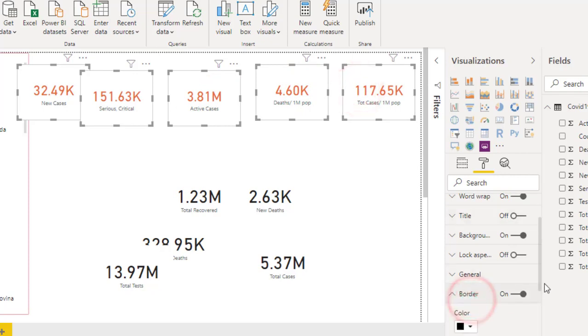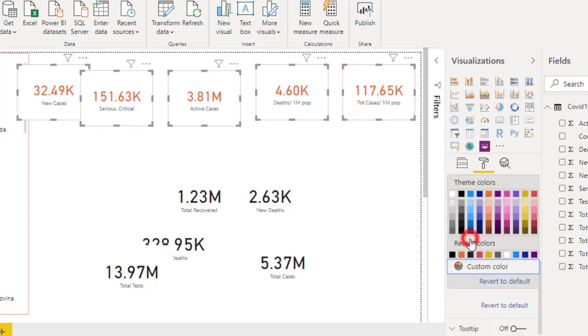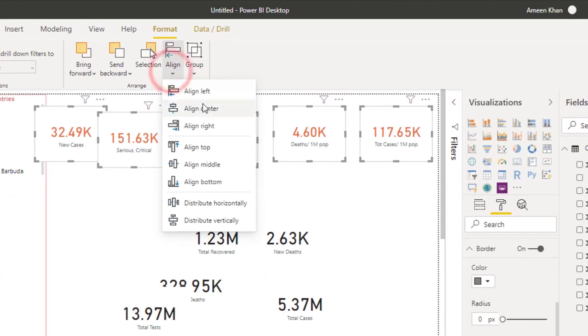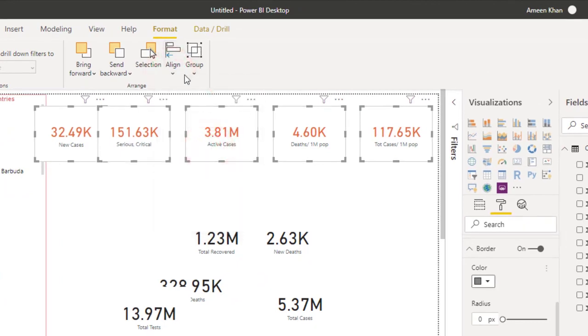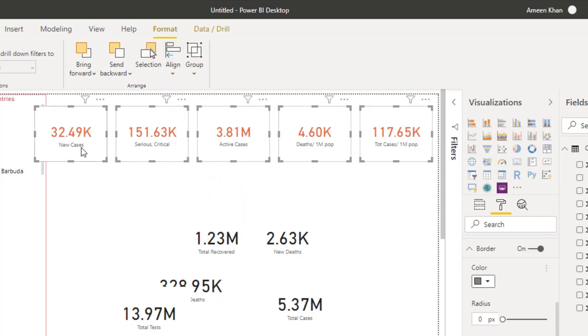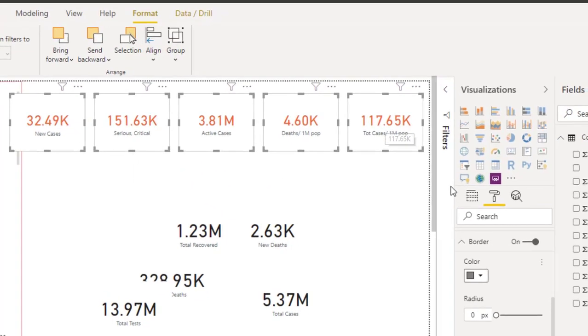We have borders over here, and the borders will be dark gray. And go back to my format options, align to top, and then distribute it horizontally. So you get 1, 2, 3, 4, 5, and the